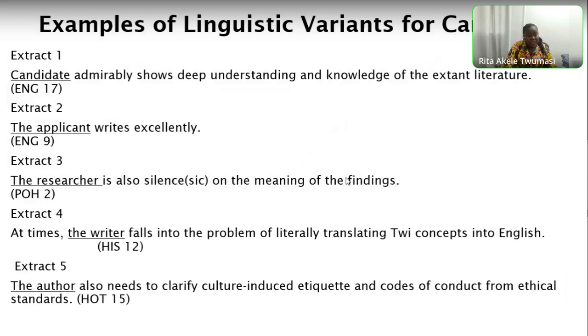It's not surprising for an examiner to assess the applicant and conclude that the applicant writes well, as seen in extract 2. That is, considering the expectations of the department, institution, or the school of graduate studies, the examiner thinks that the writing of the applicant is superb. The examiner expresses his or her feelings about what the applicant has presented, and it is an example of what Huma in 2007 referred to as expressive utterances as a form of feedback.